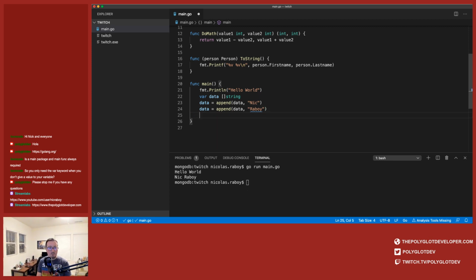So first of all, we'll do a typical for loop, as you would expect, which is pretty consistent between the languages. So I'll say for i := 0, and notice the colon. I'm going to say i is less than, I can say data dot, no, it's different. It's len and then data. So that'll give me the size of that slice. And then I'll say i++.